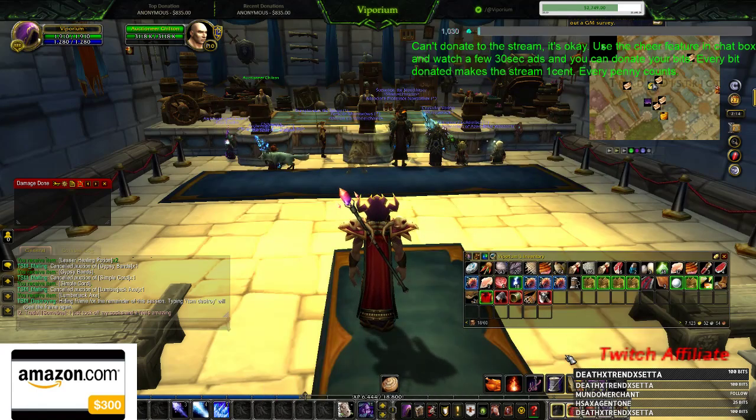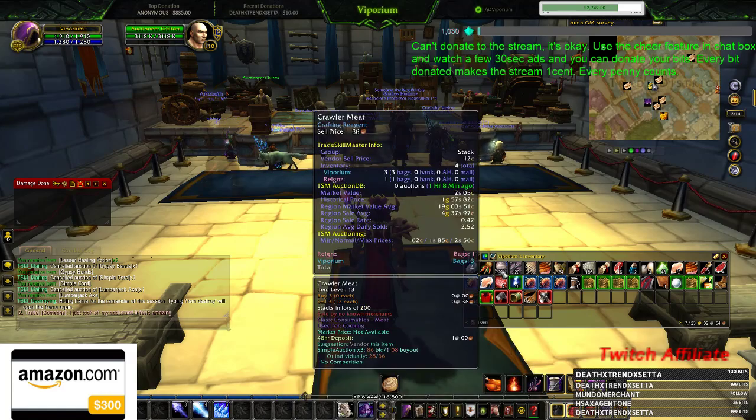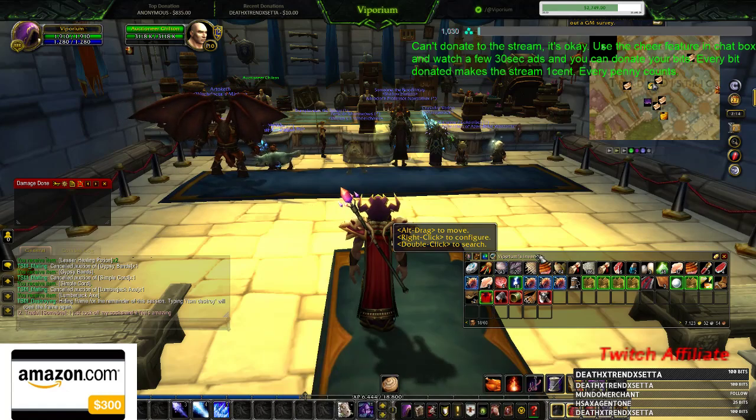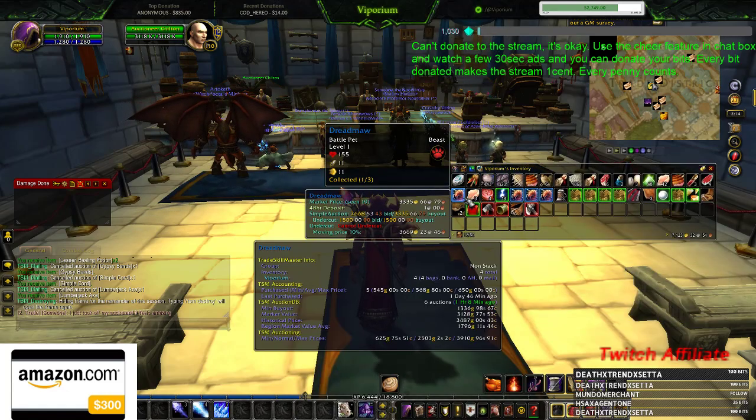So this here's everything that I have. Let's go over this. We'll go over a pet real quick. This is a dreadmaw. Actually, let me move my bag real quick so we can read this better. So this is a dreadmaw. You can see everything here with what setup we have. You see how much is in your inventory, if there's any in the guild bank, if you visited the guild bank,